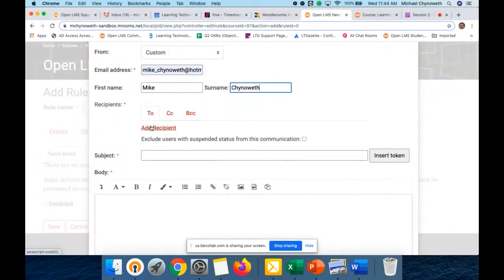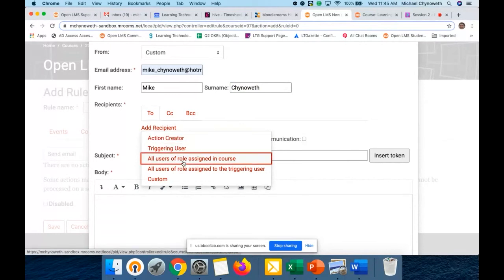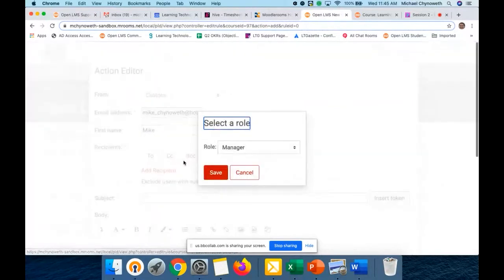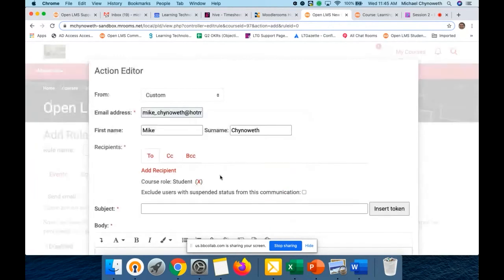In terms of recipients, this is always important to understand. A couple years ago, I was working with a client. With just looking at these and not looking at the definitions of each one, you might say, well, I'm going to do all users of role assigned in the course. Let me show you what I mean here. If I click all users of role in this course and set to student and click save,